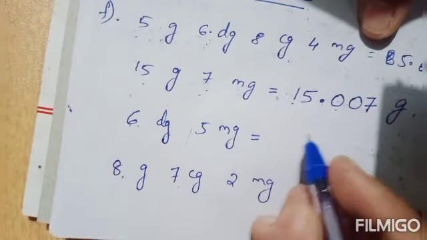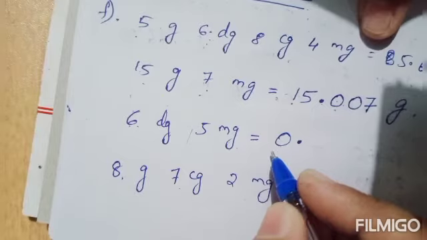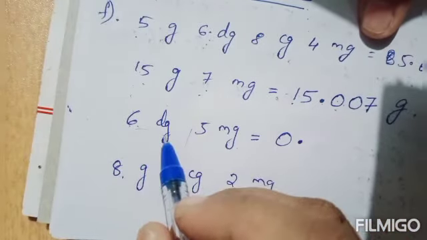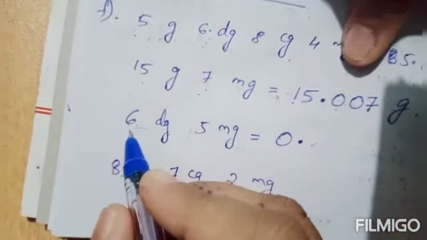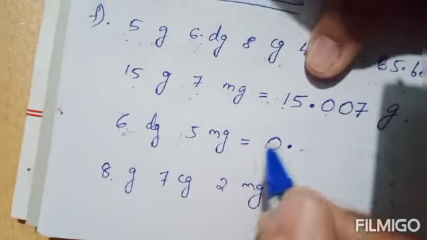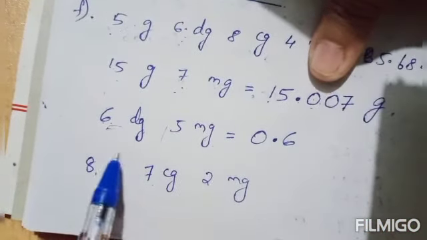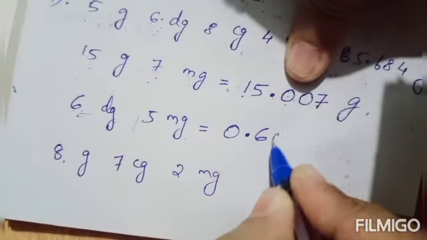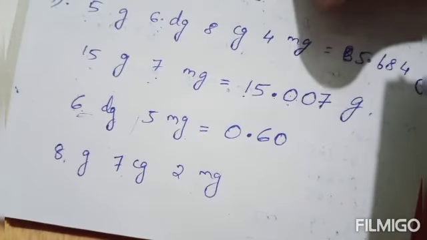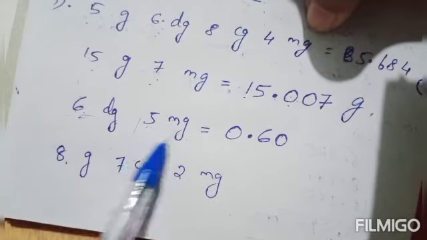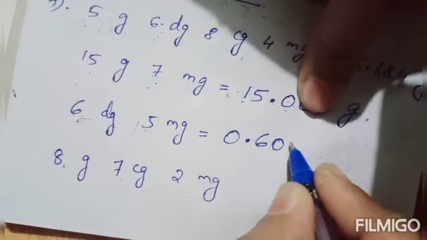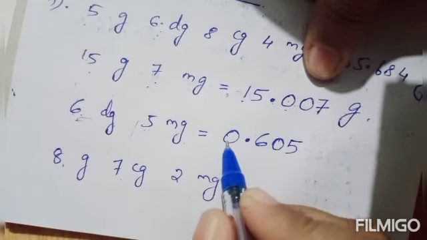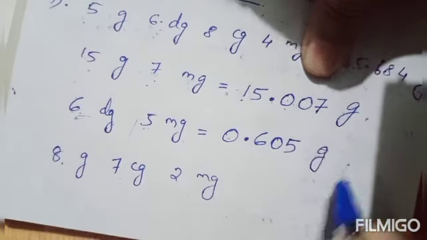Gram is not given in the question. So you can put 0 before decimal point. Now after gram it is decigram. Okay, in 10th place decigram will come. 6 decigram in the question. So 6 you can write in 10th place. Okay. After that centigram will come, but it is not given in the question. So in 100th place you can put 0. Next 1000th place milligram. 5 milligram is given in the question. So 5 you can write in 1000th place. So the answer is 0.605 gram.